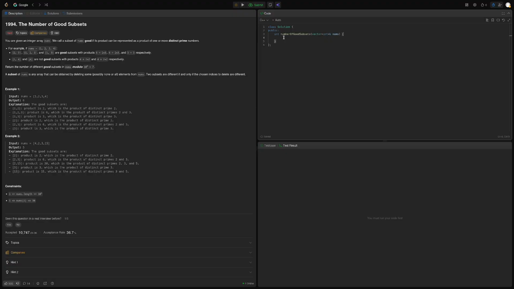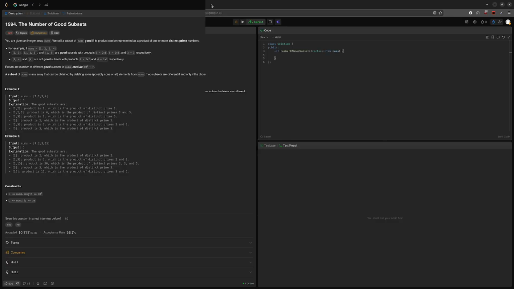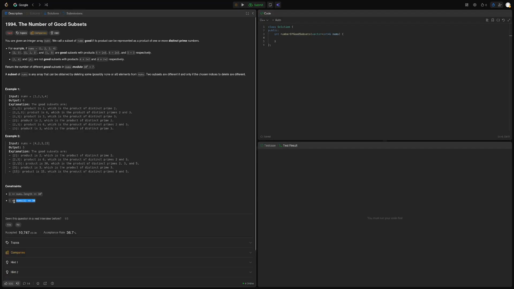So for each position we go through all masks. There is 1024 masks and there is n positions, so it's n times 2 to the p, where p is the number of distinct prime numbers here. And space complexity, what we can see that values for i only depend on values for i minus 1, so our memory is only 2 to p. So